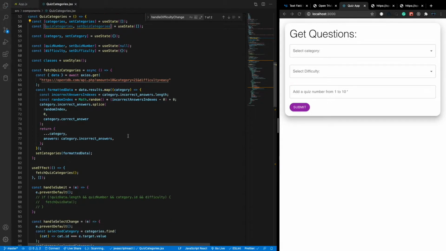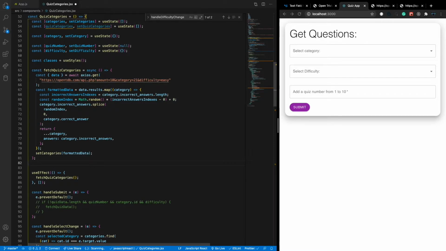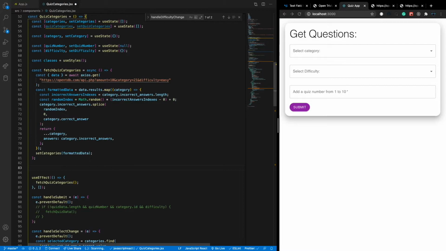We need to create another function to fetch our quiz categories, and the function will be called fetchQuizCategories. We already have this function here. We need to change this function to be just fetchCategories instead of quiz categories, because this will be mixed with each other. Let's create another function called fetchQuizCategory,